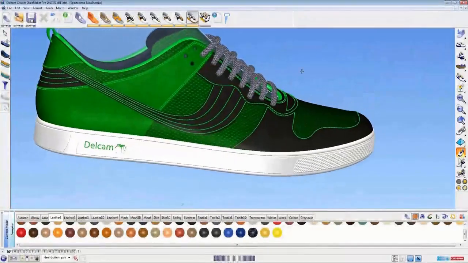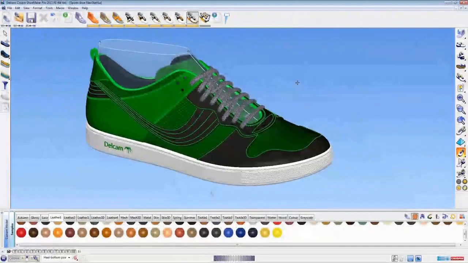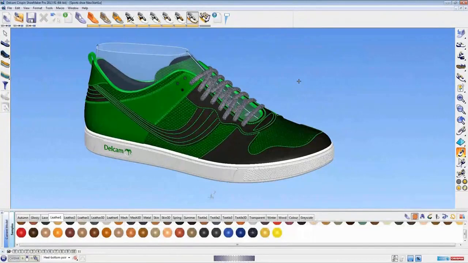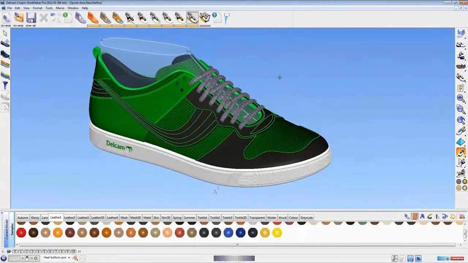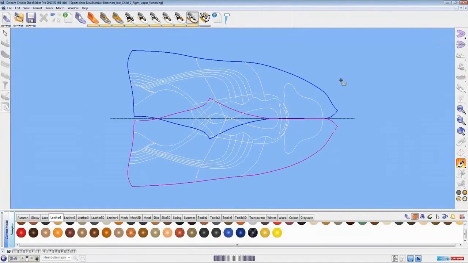Okay, so I'm happy with the design changes I've made to the sole, so I've now accepted those and we've gone back into ShoeMaker mode. Now here the design is fairly finished. However, one thing I'll show you is on the view menu at the top I have a flyout which lets me change between 3D mode, sole bottom flattening and last upper flattening. So if we just drop into last upper flattening mode momentarily, I wanted to show you that all of the